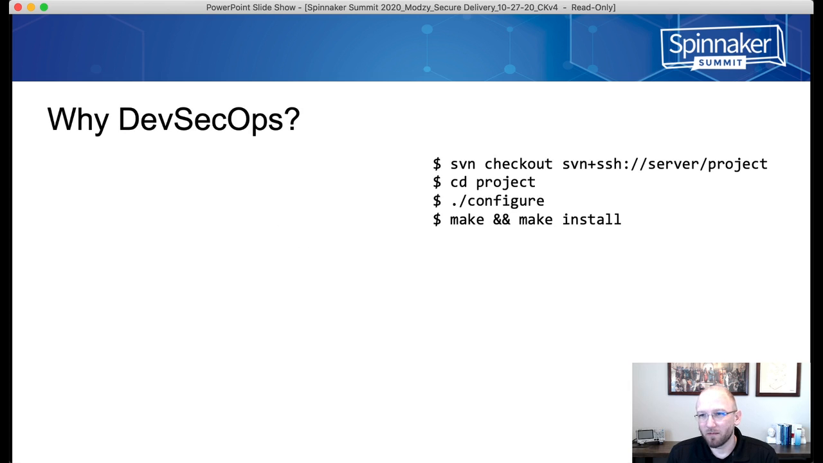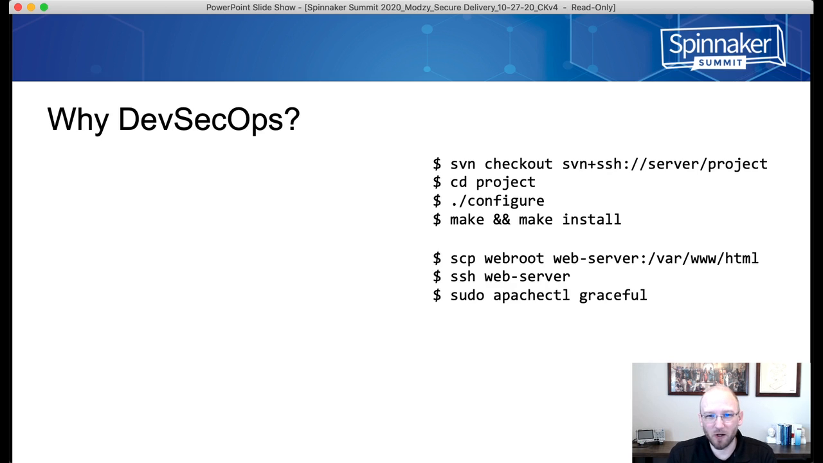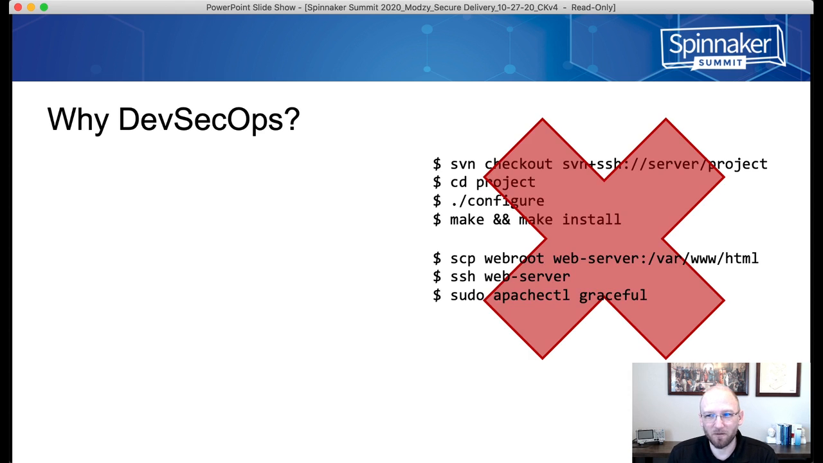In the good old days, building and preparing software for shipping involved something like this. SVN checkout against some server, cd into that folder, ./configure, make and make install. Or if you were a web developer, it was even easier. You just copy the files onto your web server and you tell Apache to gracefully restart itself. For better or worse, our reality is far different, and these approaches are no longer sufficient for delivering most software,